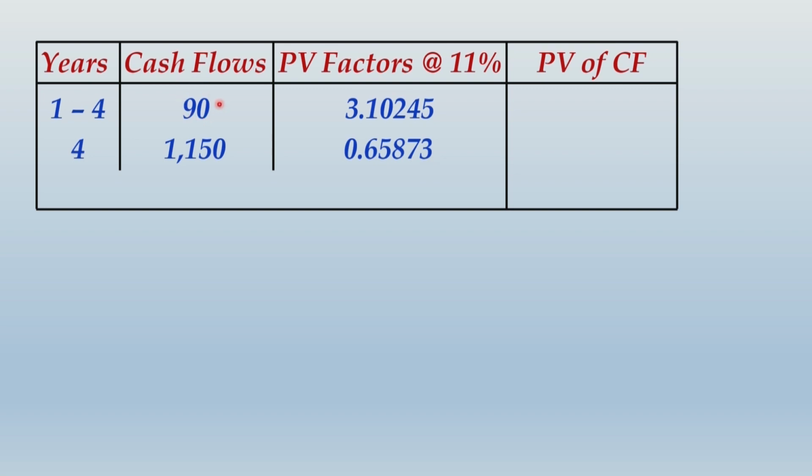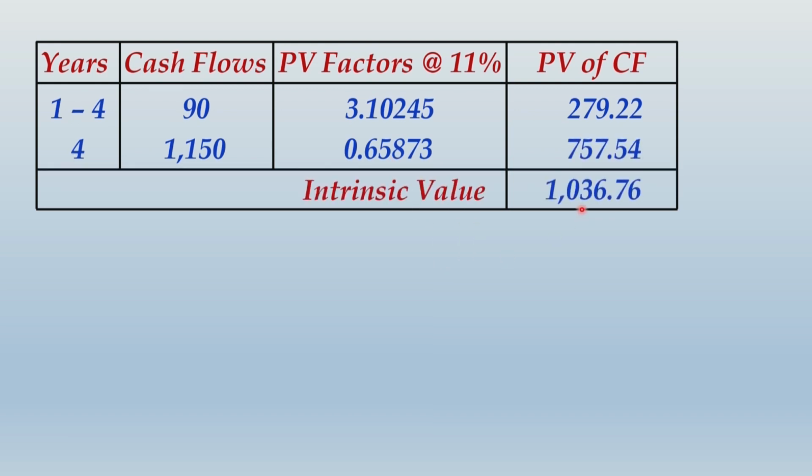Now multiplying these cash flows towards coupon payment with this annuity factor, and the redemption price with this PV factor of 4th year, we would be getting the present value of cash flows, which aggregated becomes the intrinsic value. Now this indicates the true worth of the bond. That means the fair value of the bond is